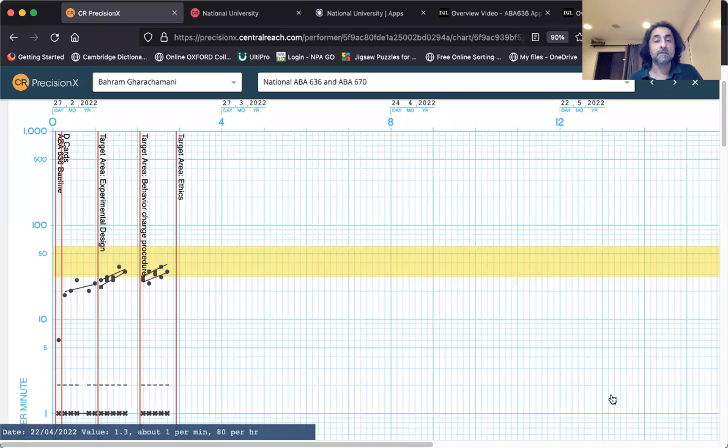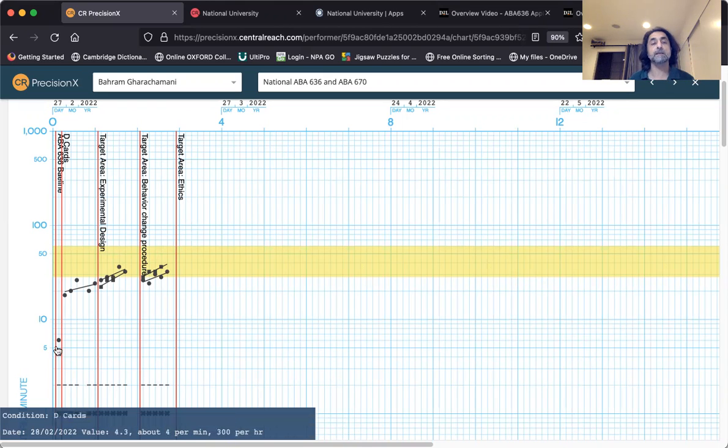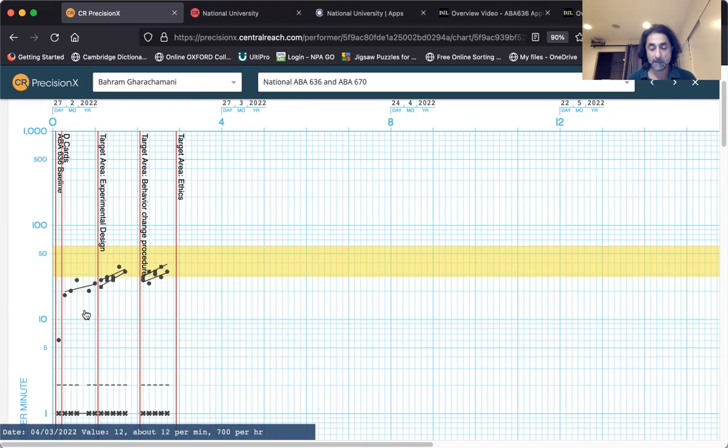I will now share my acceleration chart. The first thing to notice about my acceleration chart was that before I timed my trial runs, I took a baseline of my knowledge of the D cards, which is shown by this data point here, and it's not high. Another thing to point out is that